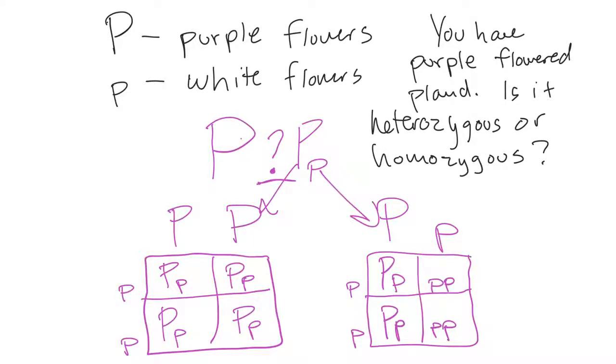If they're all purple, then you know it was big P, big P. So doing the test cross, doing a Punnett square, doing a Punnett square with two traits, knowing what a homozygote, heterozygote, dominant, and recessive are, that's all you need to know to complete the worksheet. Okay, so what we're going to do next